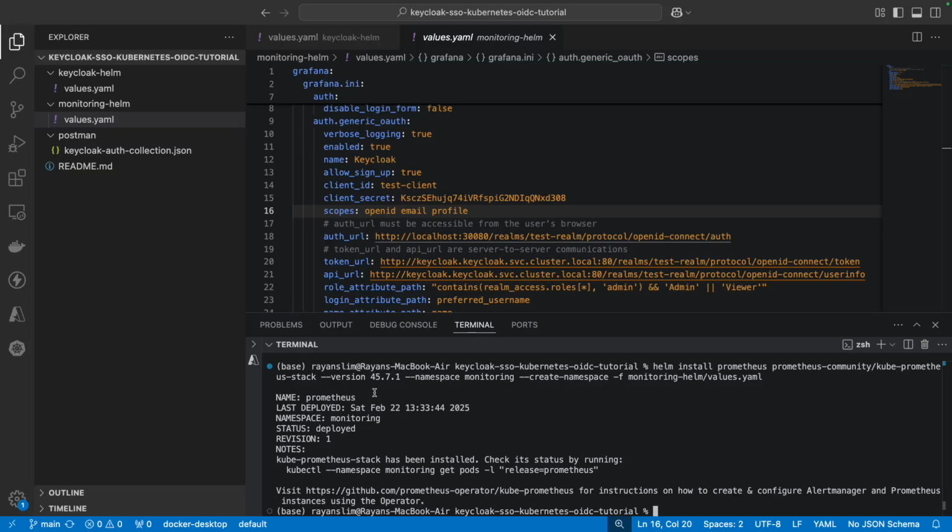Also, in case I haven't mentioned this already, the reason we're installing Keycloak and Grafana is because we're going to be configuring Keycloak so that it can provide our Grafana application with single sign-on capabilities. All right, so now that that's been deployed,